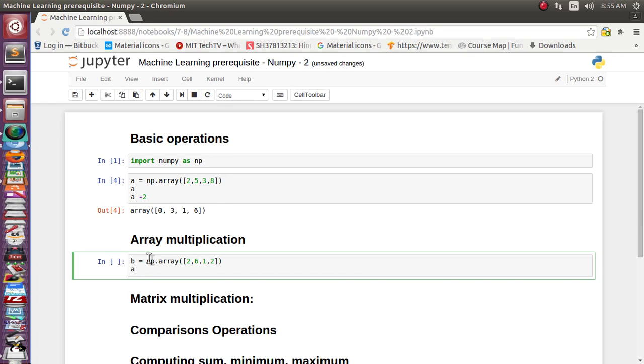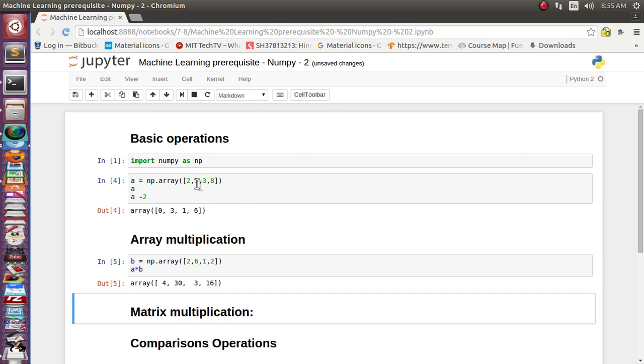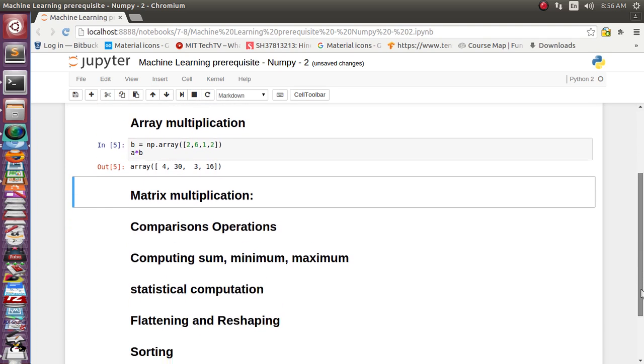Now we want to multiply every element of A with every element of B. So 2 multiplied by 2 is 4, 5 multiplied by 6 is 30. That's correct. This is all element by element multiplication.